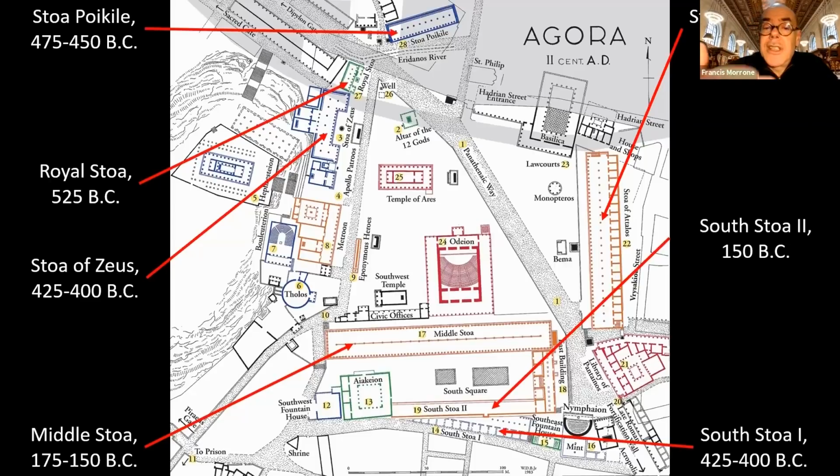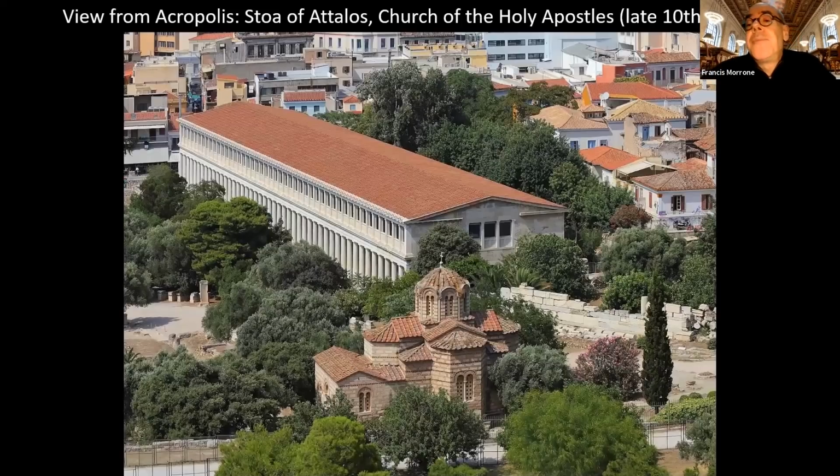The one which we just saw and which we are seeing again, the stoa of Attalos, was a later one, as I say, from the Hellenistic period, not from the classical period. It was a two-story stoa, which was not uncommon at that point, and it was rather grand. You can see that this reconstruction of the Stoa of Attalos is actually a building that if you were to plunk it down in, say, the middle of Pittsburgh today, would be probably the most distinctive building in the city.